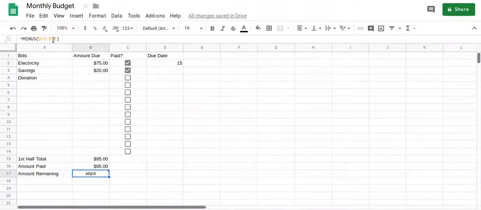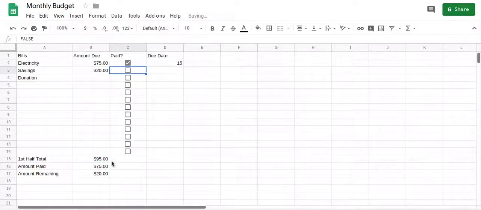Oh, I think I did something wrong. I used a range, so that's a comma instead of a colon, and now it becomes 2 values instead of 1. Hopefully you don't make that same mistake. So now we see 95 minus 95 is 0, but if I did not pay the savings yet, then I still have $20 to pay, and I'll keep that in mind as I make a purchasing decision later in the